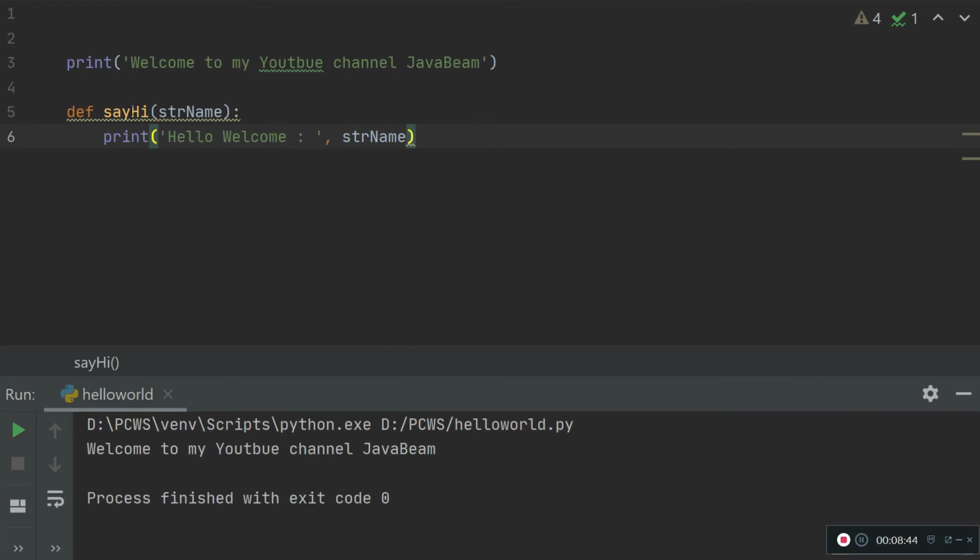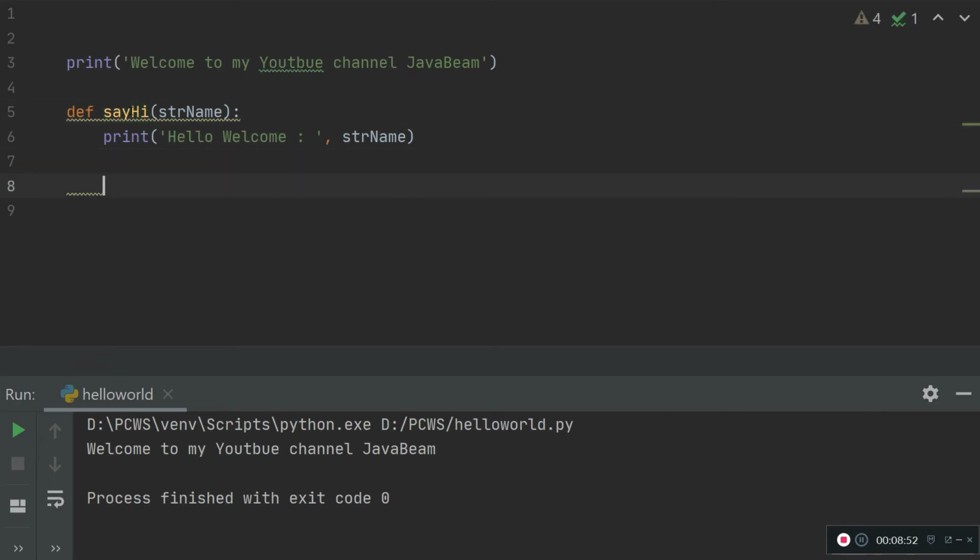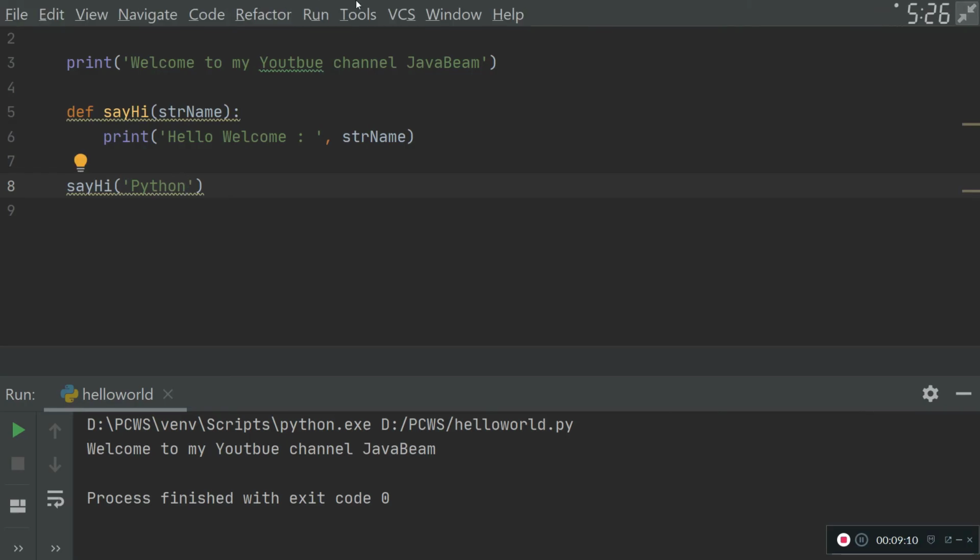But we created a method, but we are not calling it. So that's the reason it is not executed. Let me execute. So say hi and pass one name, let's say Python, and save and run.